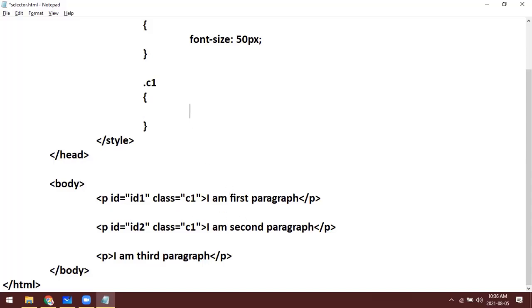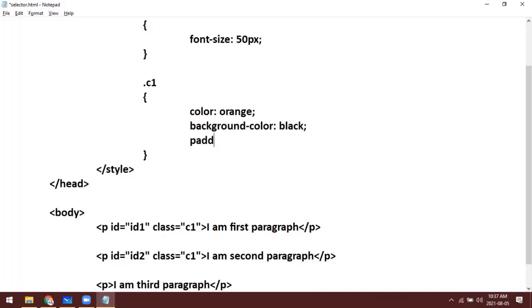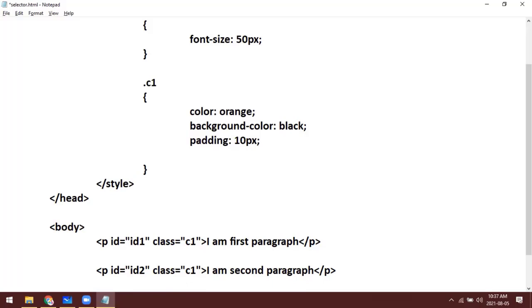HTML elements. So here I am going to give the color orange, background color black, padding 10 pixel, border 2 pixel solid yellow.